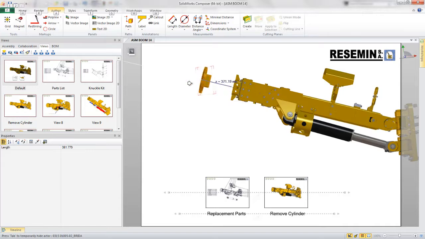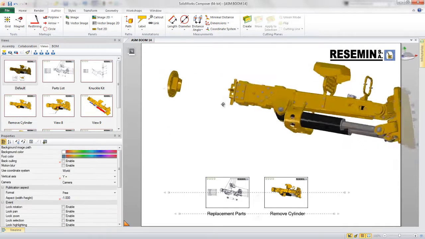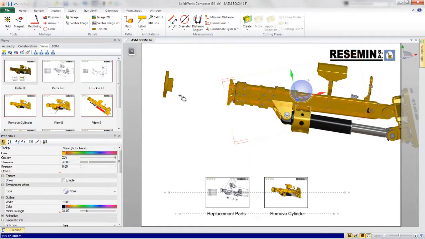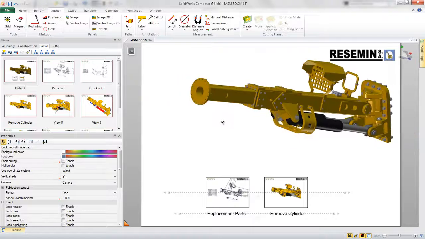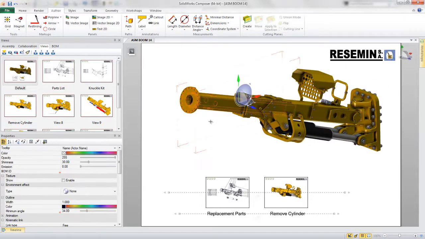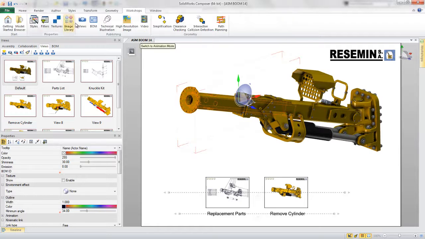We're going to do this a little bit differently though. Let's go ahead and start by exploding these components like we did before. This is going to set the position of where we want this boom to appear in its extended position. We're going to use one of the other workshops in SOLIDWORKS Composer called the View Workshop to create a custom